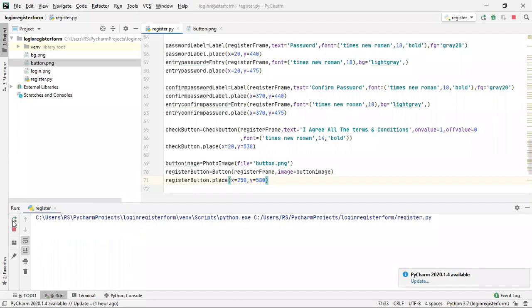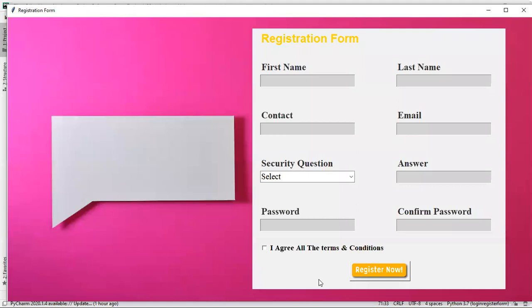Let's continue. If I run it again, we added an image on our button, right? But this image doesn't look good right now because of this button size. You see a border, right? This outside border. So I'm going to remove this border first of all, and see how it looks.